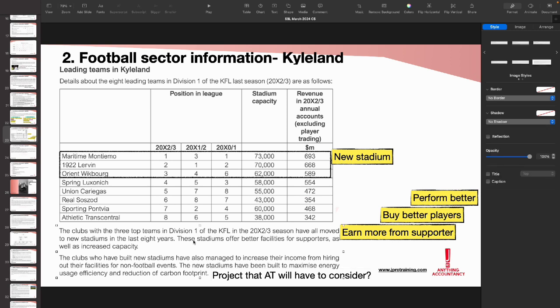So that's where the project comes in. You might get estimation of certain values, and you may have to then see whether or not you can make that money or not. So that's the project AT will have to consider. Moving down,